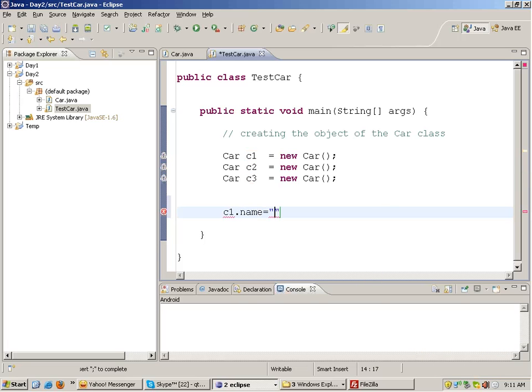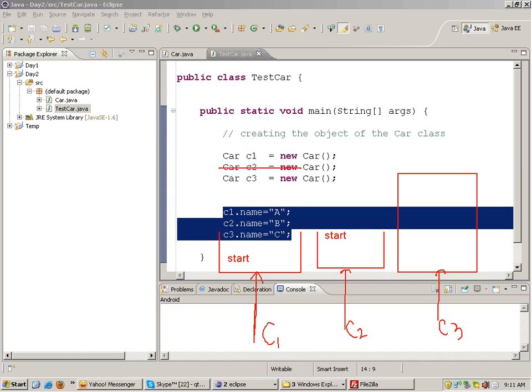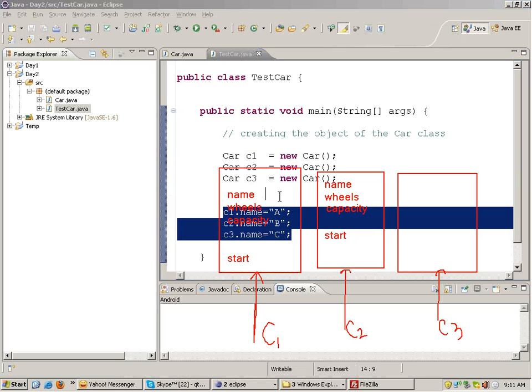The name of the car is say A, and C2 dot name is B. C3 dot name is C. So this way I am assigning the name property of every car a value, right? Like the name for this car is A, this is B, and this is C,